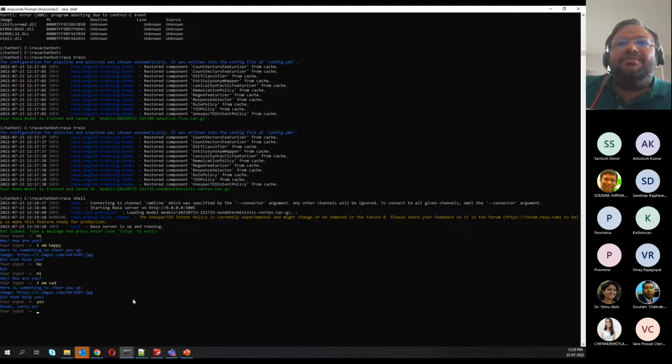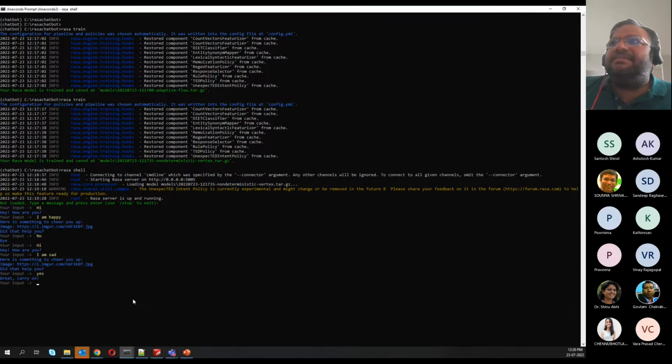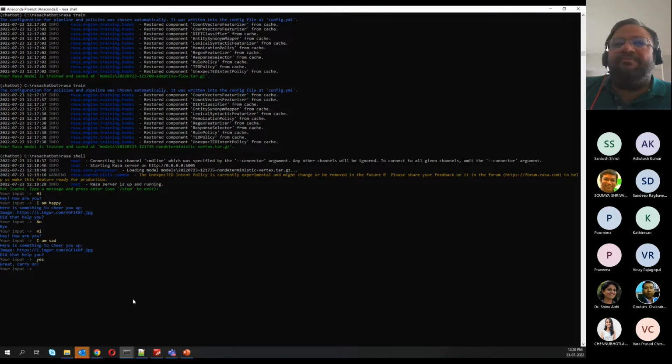Okay. So that's a rough, broad overview of the RASA framework. We will do some exercises here ideally. Maybe let's finish other items first. In the second half, we'll do some RASA custom bot creation. There are tons of examples on the web.